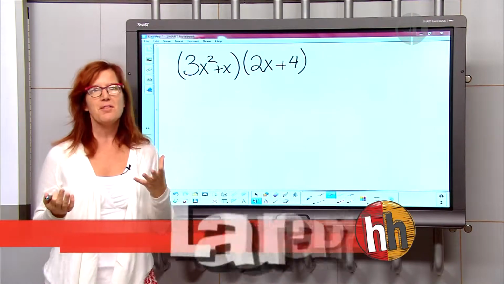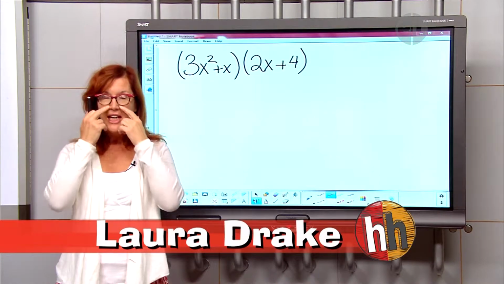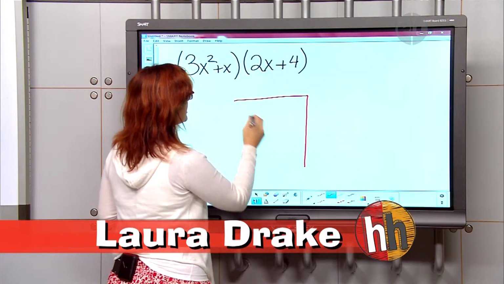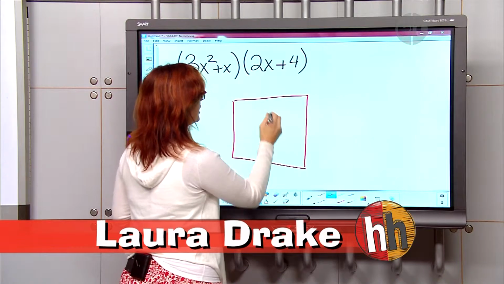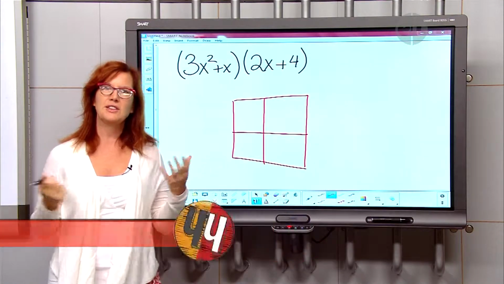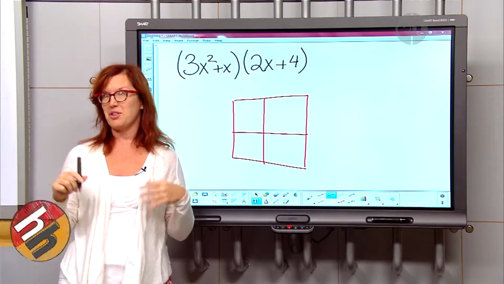And my favorite method, and my students' favorite method, is the area model. So we're going to use the area model, and it kind of makes me think of science. Joe was doing the genetics problem that later on you learn about the Punnett square, but we're going to use the area model, so it might help you out later with your science.